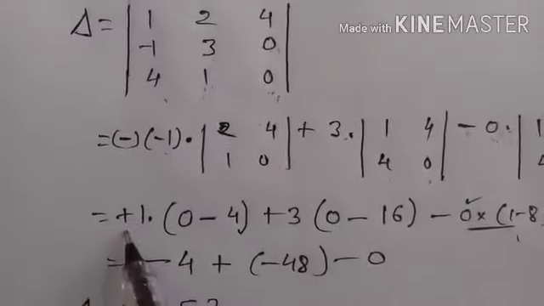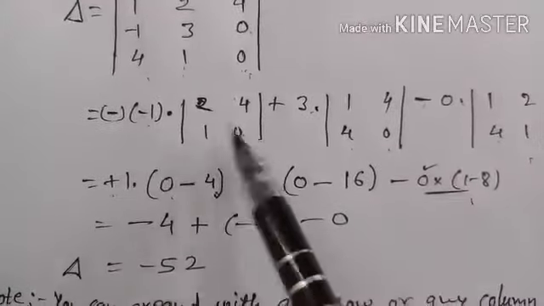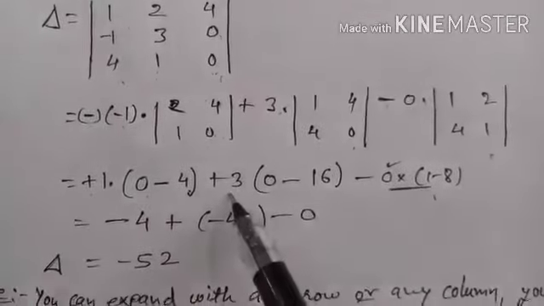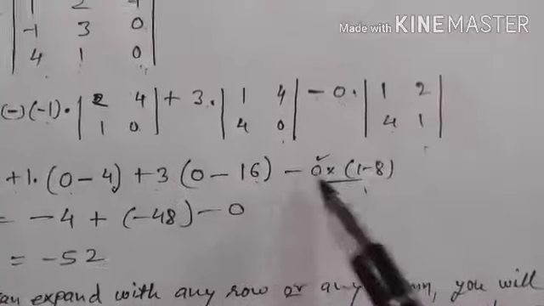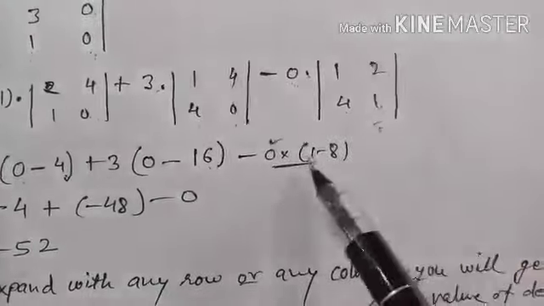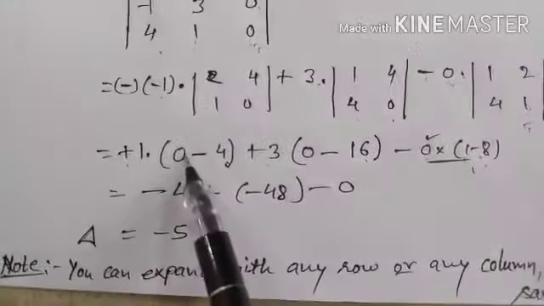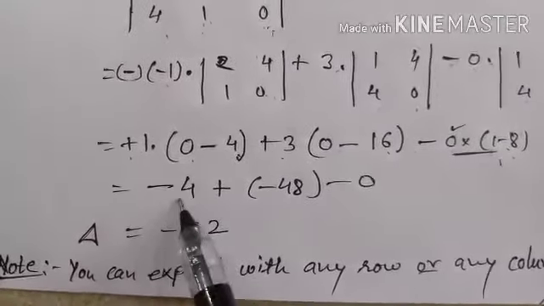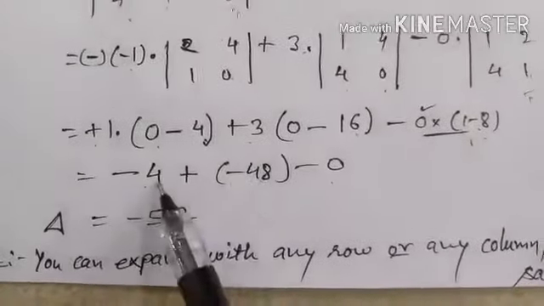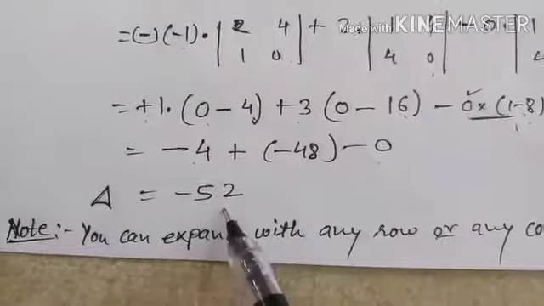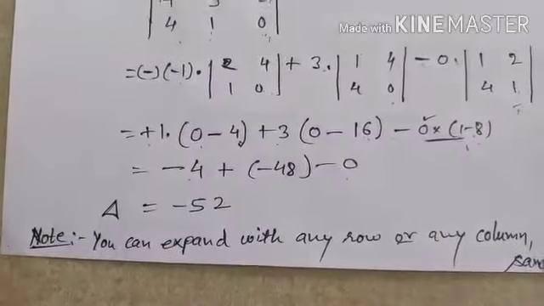Now minus, this is plus, 2 into 0, it means 0. 1 into 4, that is 4. So 2 into 0 minus 1 into 4. Now this is 3. Once again, 1 into 0 means 0, minus 4 into 4, that is 16, minus 0 into this determinant. 1 into 1 is 1, and 4 into 8 will be 0. So leave it. Now 0 minus 4 means minus 4, minus 4 into 1 is minus 4. 3 into minus 16 means minus 48, and the last one is 0, and minus 48 and minus 4 will be minus 52.